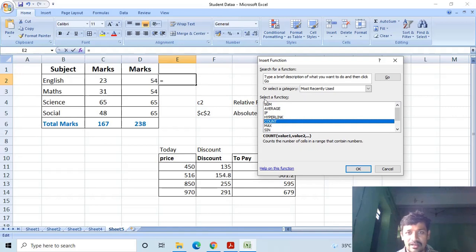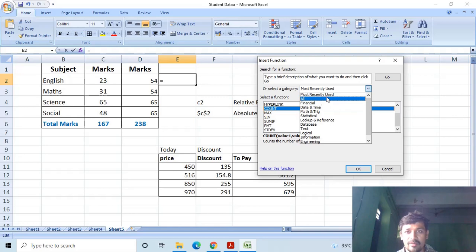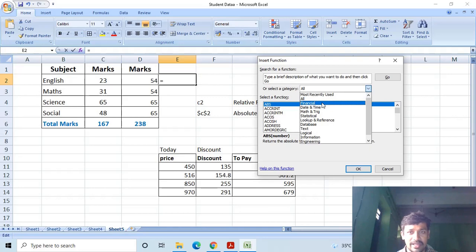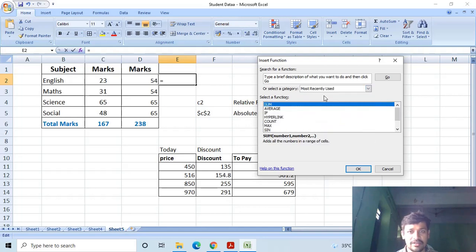Here you can search for the function by most recently used, all, or category wise: financial, date and time, math, trigonometry. By default, most recently used is displayed.